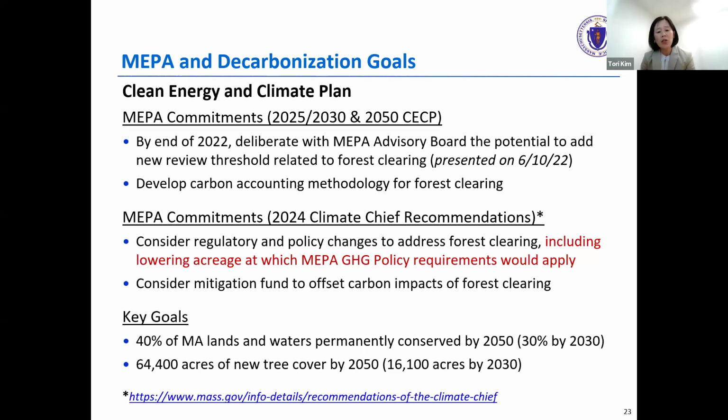But the climate chief's report also referenced possible changes to our existing greenhouse gas policy, whereby more projects would be required and asked to assess their greenhouse gas impacts associated with land clearing. And that is what the proposal is today. And there's also a concept of a mitigation fund, but that is not yet proposed as well.